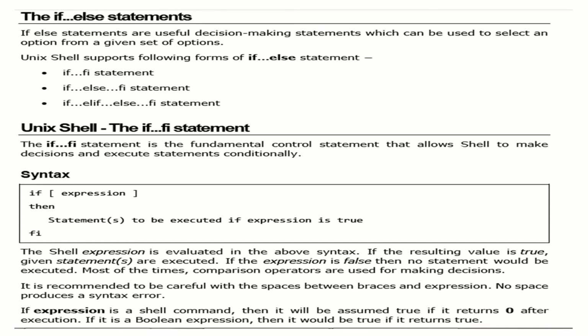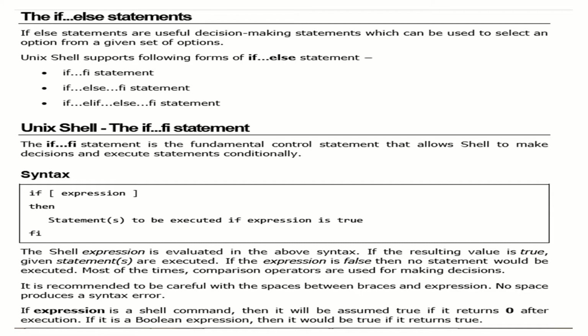In a Unix shell program, if is the keyword, then write the expression, and fi is the final keyword required for completion of the if statement. For that reason, we usually start with if, write a square bracket, write the expression and close the square bracket. If that condition is true in the if statement, then only the following statements are executed. The syntax for the if statement is shown in the PPT.